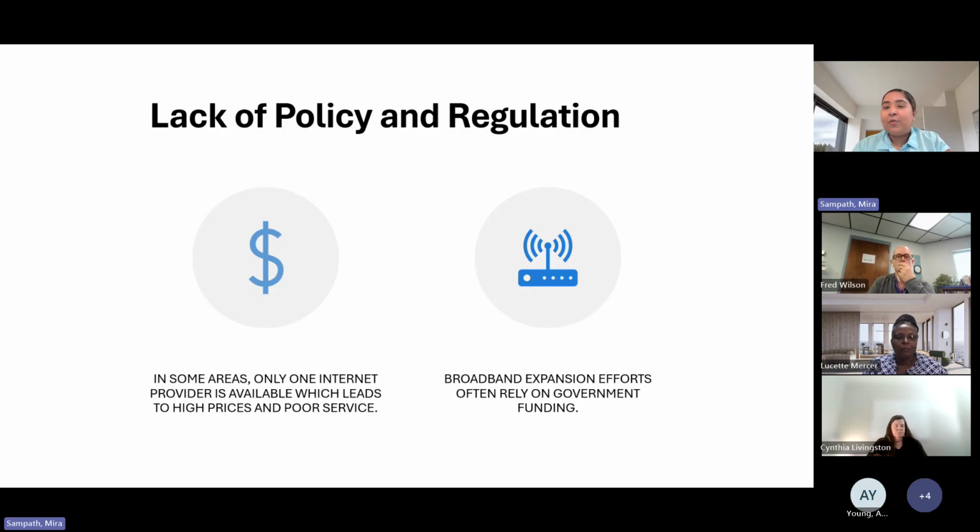And so thankfully, I think North Carolina is really on the forefront of these efforts. The current administration is really working to address these gaps, and I'm really excited about the possibilities of that. But in spite of that, even if we manage to achieve last mile coverage, we still do have a long way to go. As we've talked about, there are several other barriers that we will have to work to mitigate.